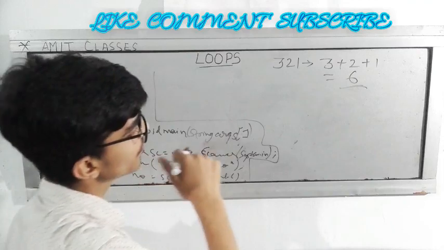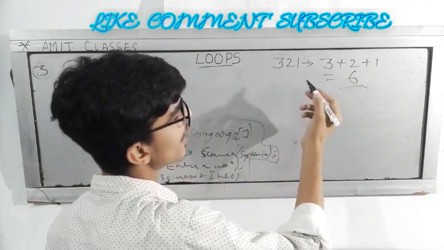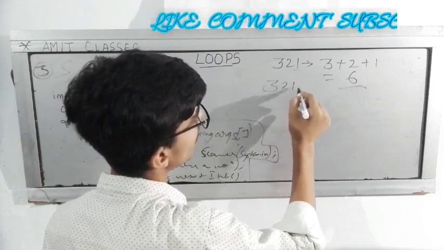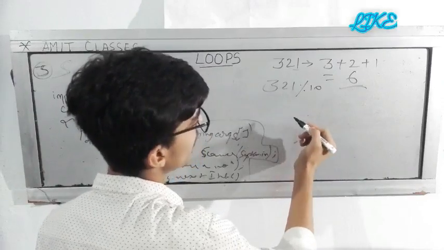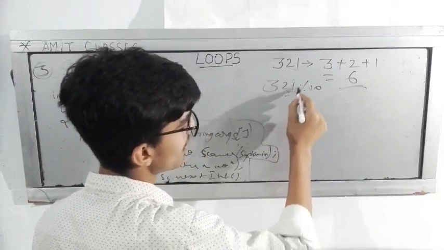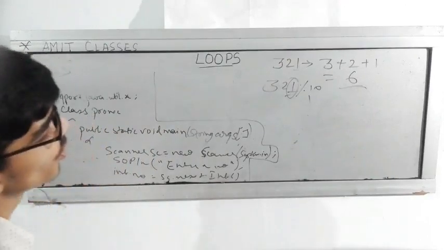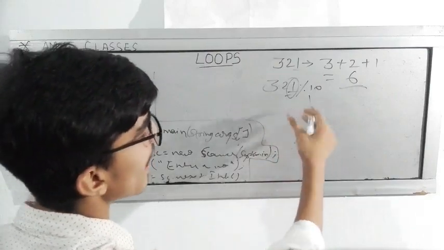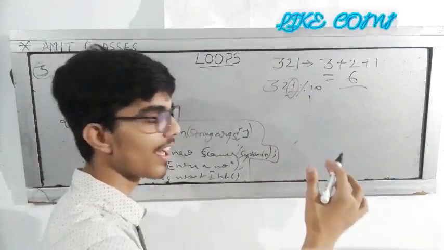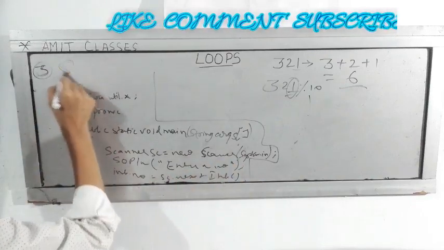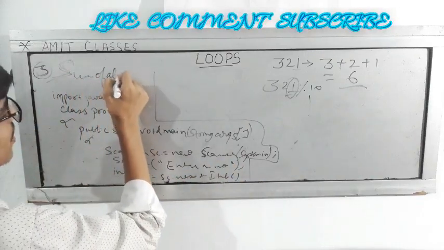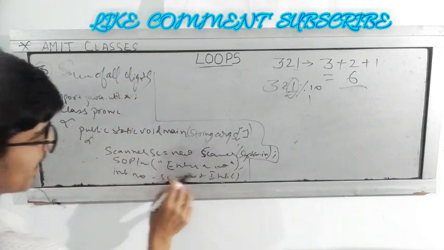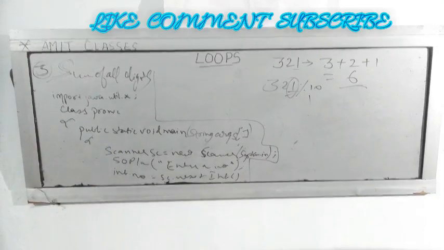So now we used to find the last digit like that: 3 2 1 mod 10. By this we got the last digit as 1. This concept will work, but at a higher level, not as simple or easy. So now we have to find the sum of all digits. Till here it will be the same, to take a number input.